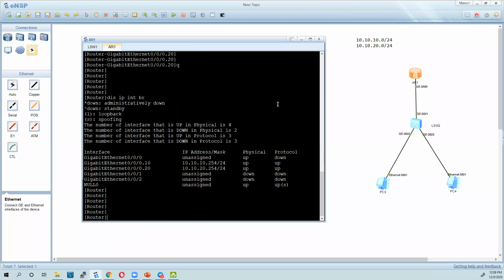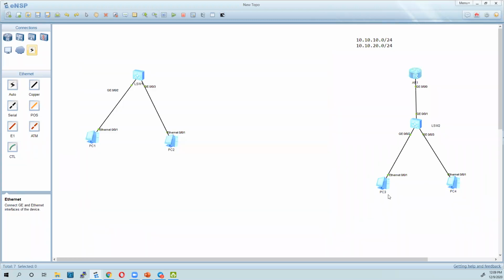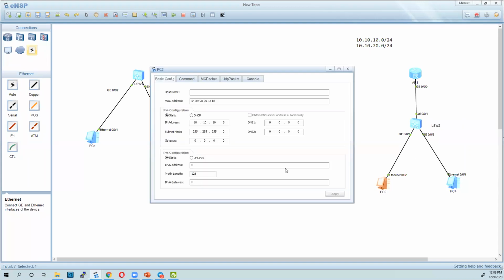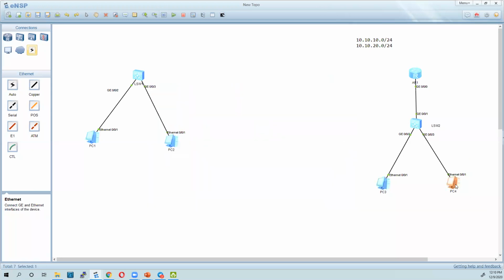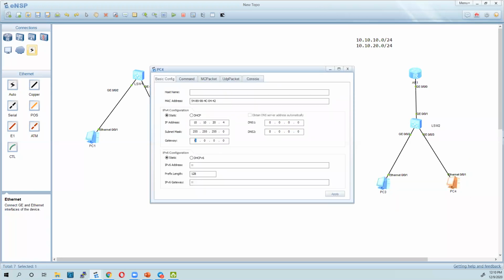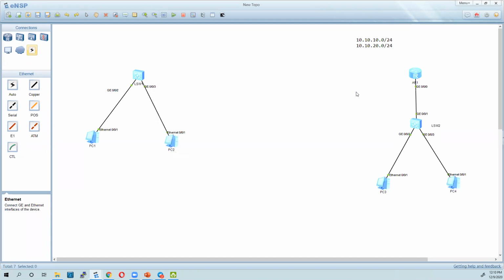Once I do that, I'm going to come to these PCs and give them default gateways. This one in VLAN 10 will have the default gateway 10.10.10.254, which is the sub-interface IP address. And this one in VLAN 20 will have the default gateway 10.10.20.254, which is the address of the second sub-interface.